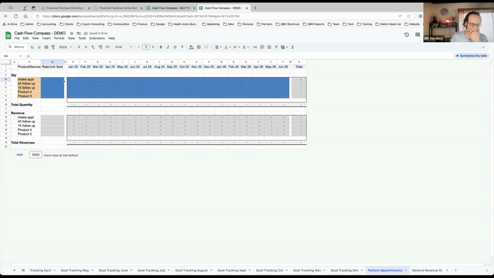So let's say an intake appointment is, let's say, $450. Depending on how much you're doing with your intake process, that is probably actually low. If you're putting in 4 hours into servicing the intake of that patient, if you're doing research or anything like that, let's just say 450 to keep it simple for now. Okay, so for follow-up, let's say that your follow-up appointment is going to be for 45 minutes, let's say it's 200.